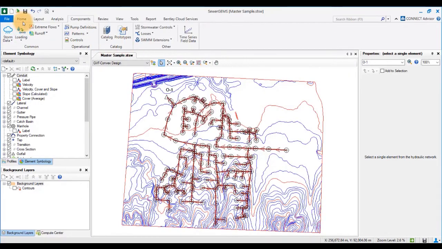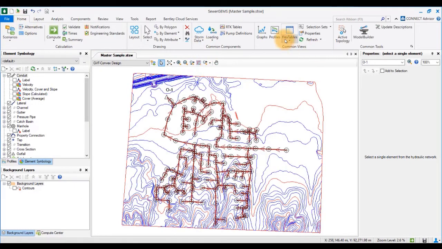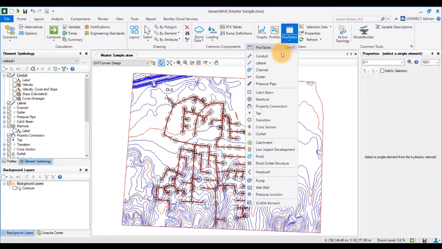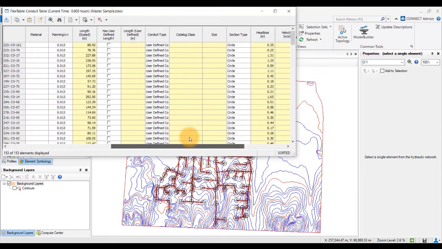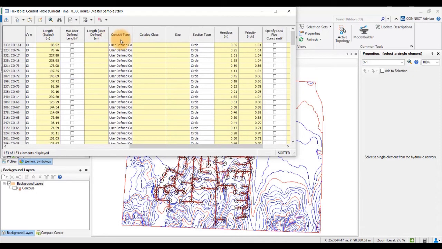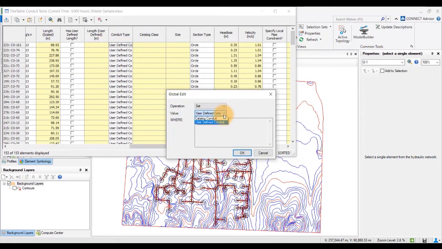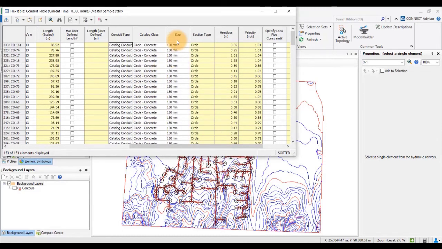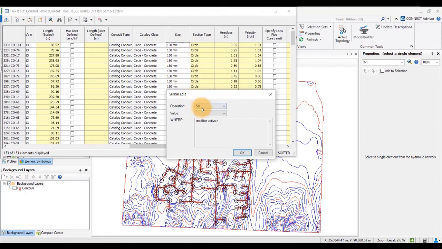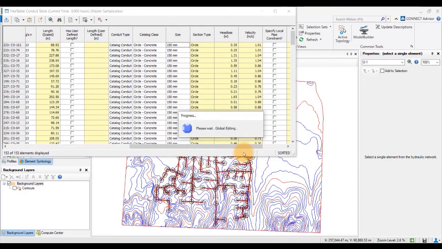Now going back to our flex tables, what we'll do is we'll set the conduit as catalog conduit. So go to conduit type, global edit, and set it to catalog conduit, and we'll set the size as minimum 150 mm for all the pipes.